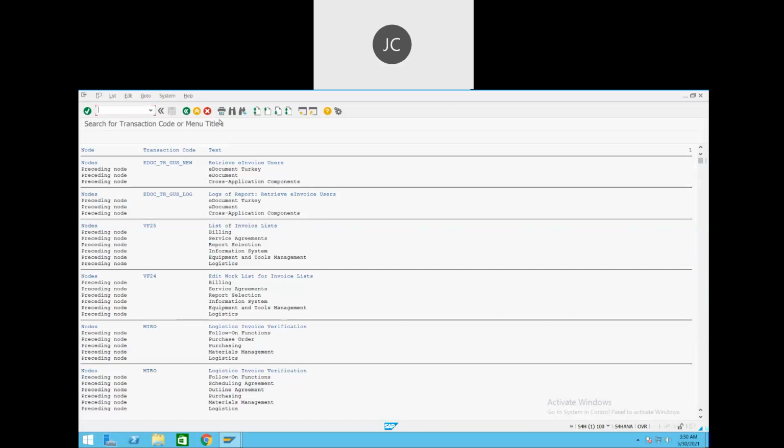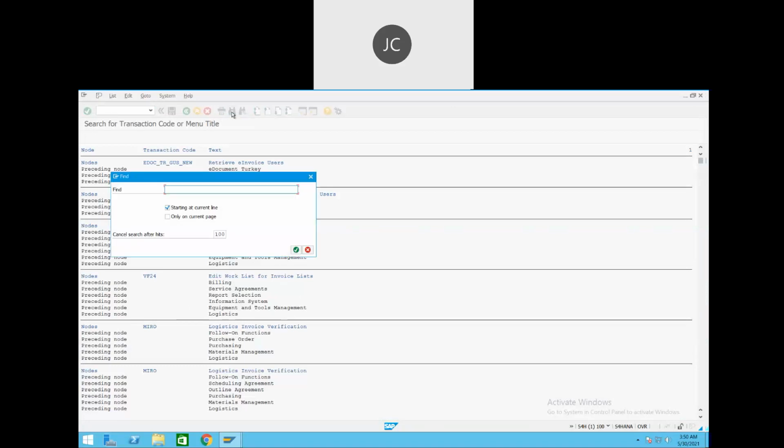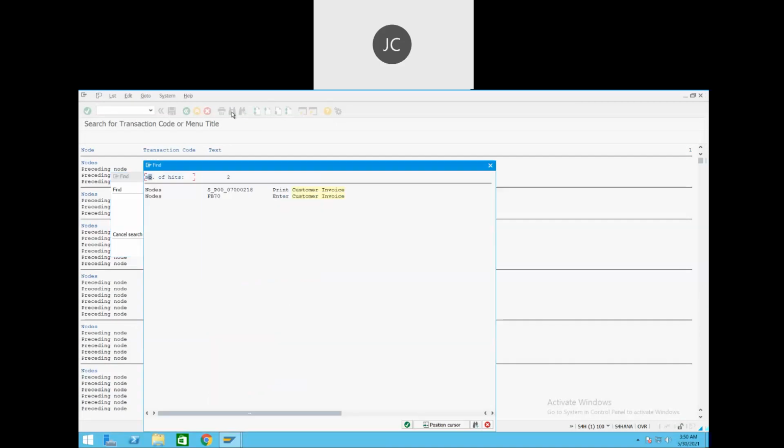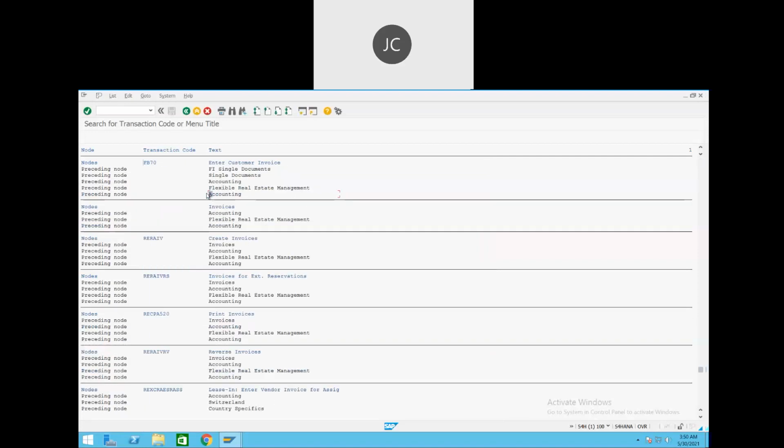So let's search in this again. Simple searches we can do here also, right? See, I entered customer invoice. Two notes come up. One for enter customer invoices, FB70. This is the transaction code. One is printing of the customer invoice. We can directly enter this transaction code, but it's very hard to remember, right? So sometimes these kinds of things can become handy to us. These are practical things, right? So we can understand. Okay, fine. This is FB70, our transaction code which we enter, and we can directly access our transaction. So that was one thing, right?